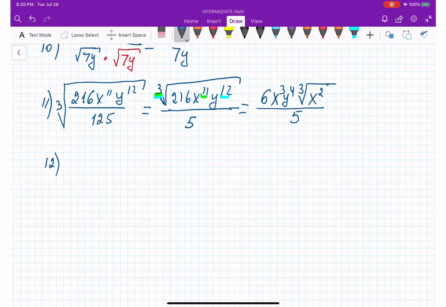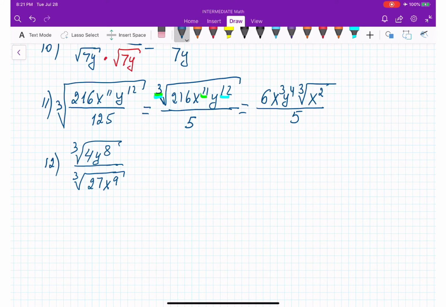Cubic radical 4y to power 8. In the denominator, cubic radical 27x to power 9. Okay, now let's see. First, before I start rationalizing, because I have here a fraction, I have a radical in the denominator, but